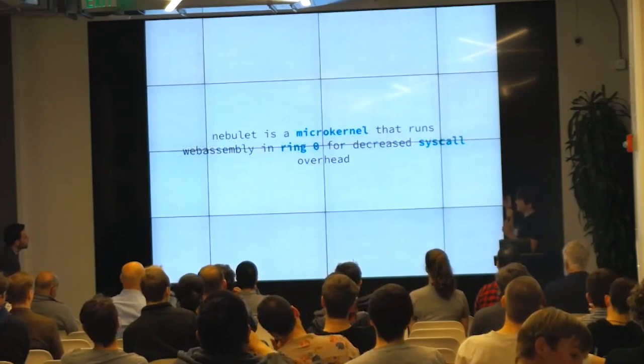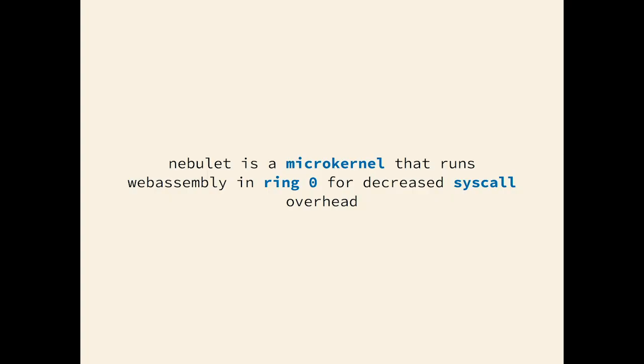And so we don't have to worry about safely running anything else. And then once you put it all together, Nebulet is a microkernel. And this is why I said the first slide was just all wrong, because Nebulet itself is not an operating system. It's a microkernel. I don't know. It's a naming thing.